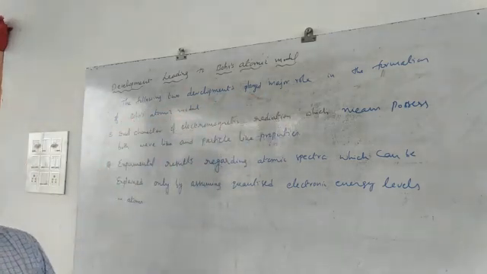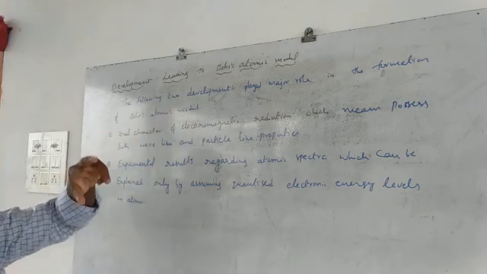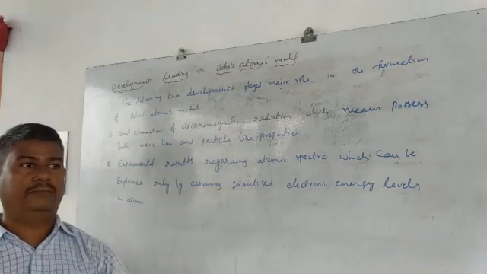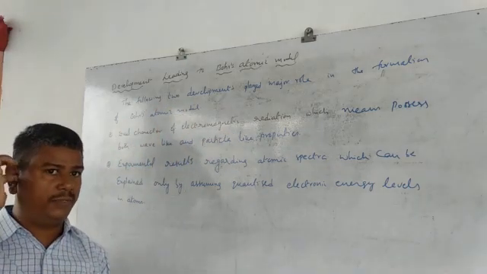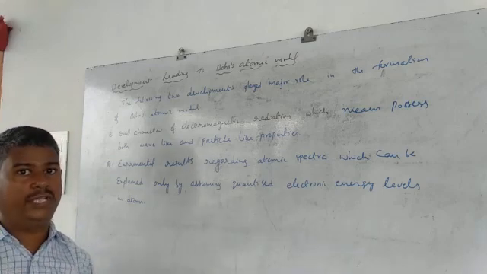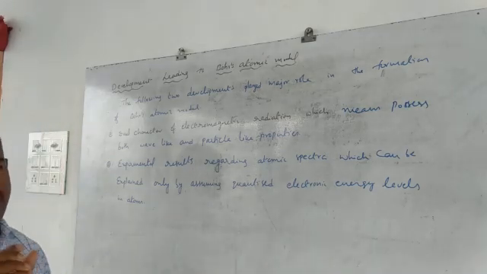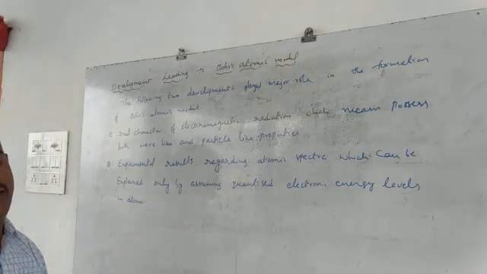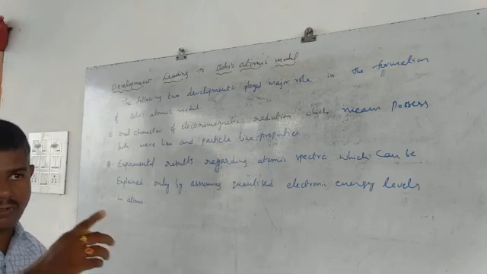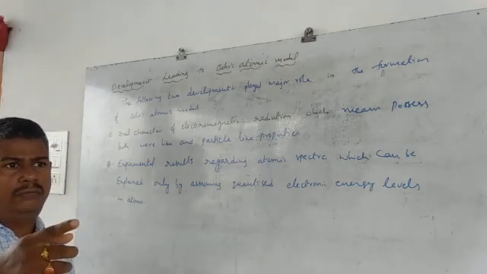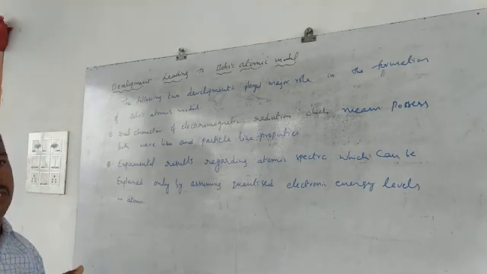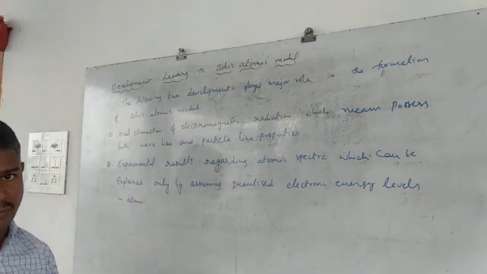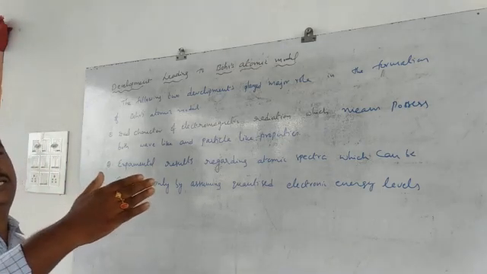For that, there are two developments that played a major role in the formulation of Bohr's atomic model. What are the two developments? Dual character of electromagnetic radiation. Previously I discussed that one, Planck's quantum theory of radiation. So according to Planck's quantum theory of radiation, what happens? The energy emitted by the electron in the form of radiation is one of the drawbacks in Rutherford's model. When a charged particle continuously revolves around the nucleus, it continuously loses energy in the form of radiation. If that radiation is exposed to a photographic plate, we observe discrete bands.